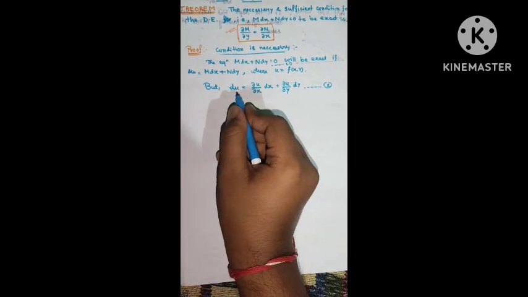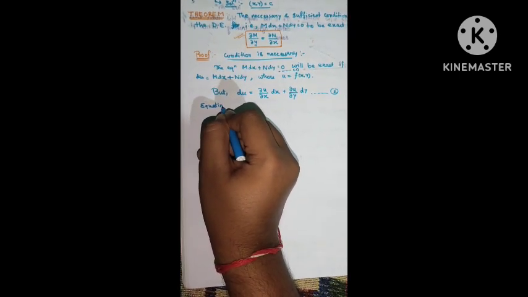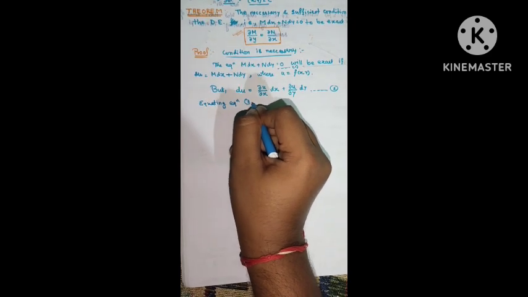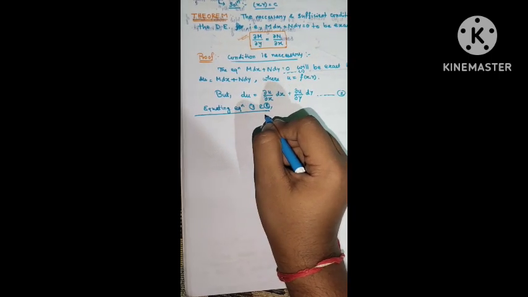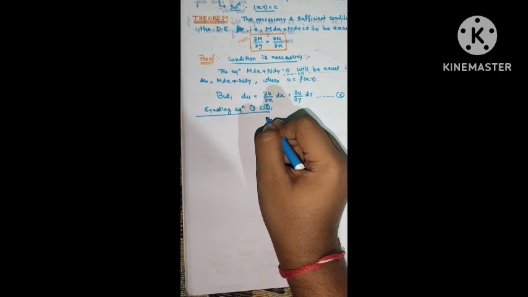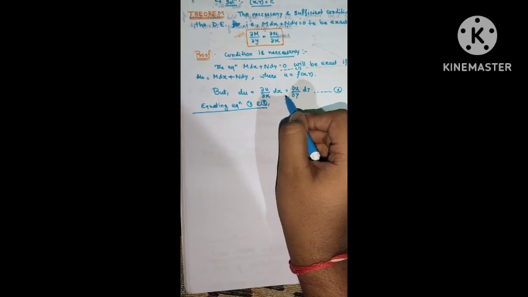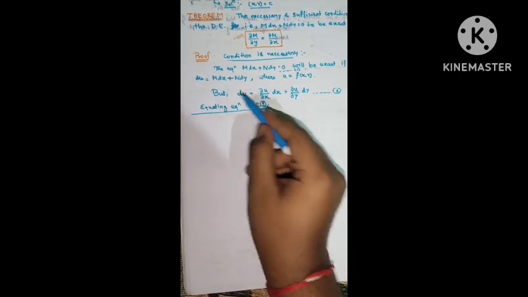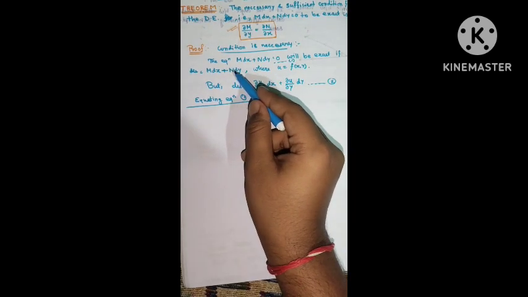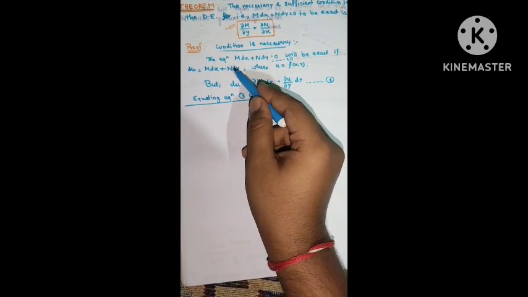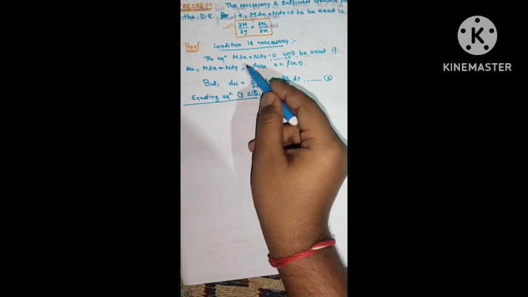So this is du and this is du. So, equating, if we are going to equate these two equations, equating equation 1 and 2, if we compare the coefficient of dx, the coefficient of total differential of x in these two equations, I get m is equal to del u by del x, and if we compare the total differential coefficient of y, that is n, in this equation number 1,